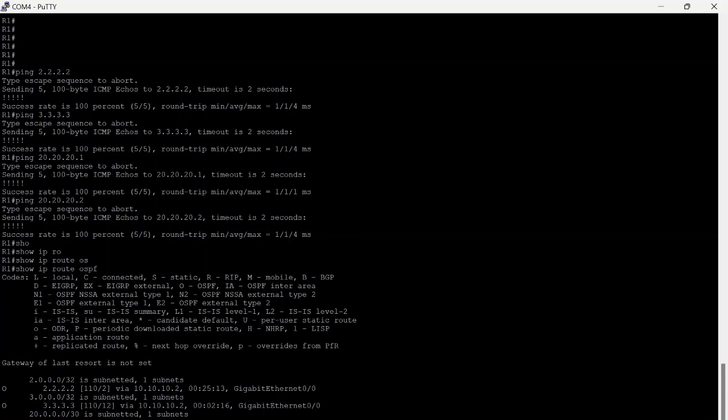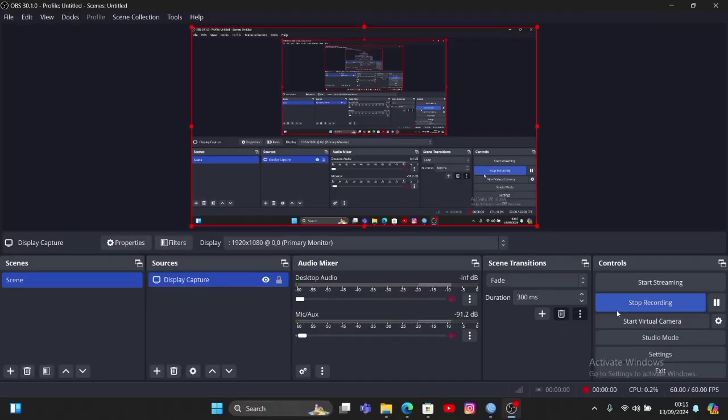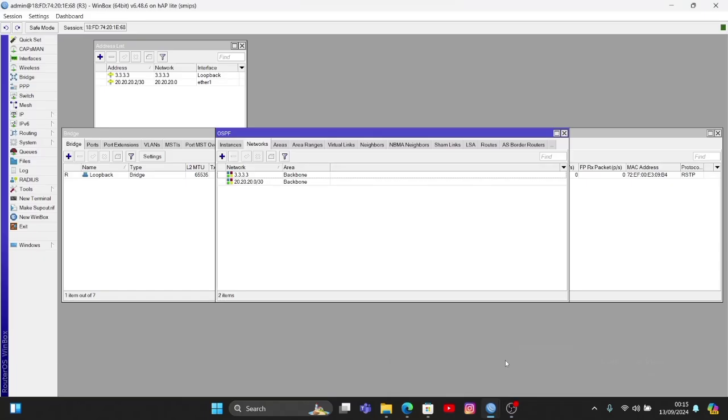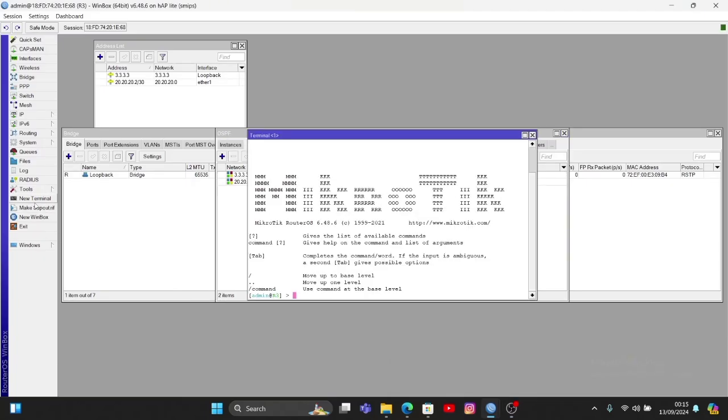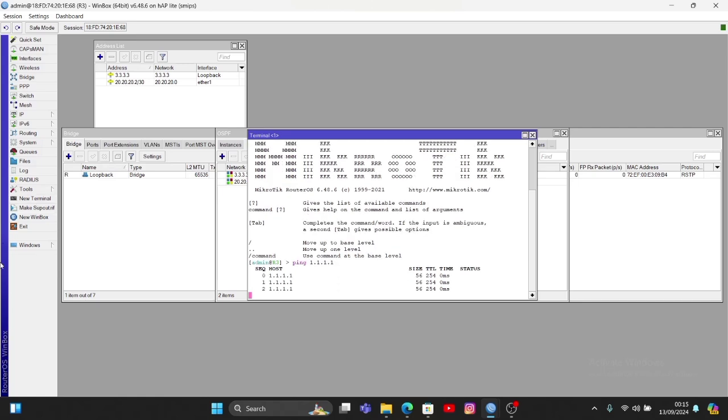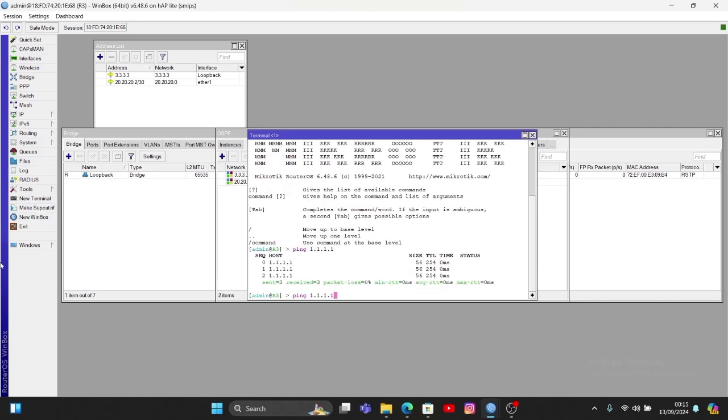Okay, I want to show IP routes OSPF. And finally guys, now I want to use Mikrotik to ping from the IP loopback of router 1, and it's success.